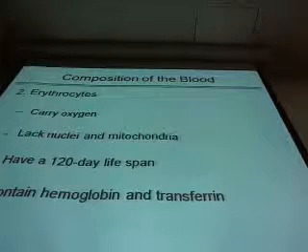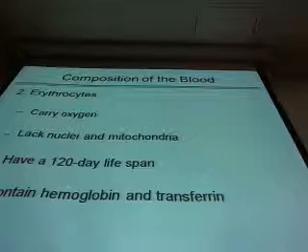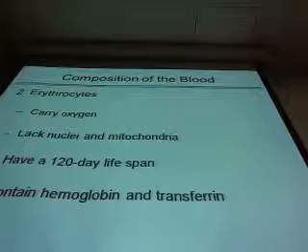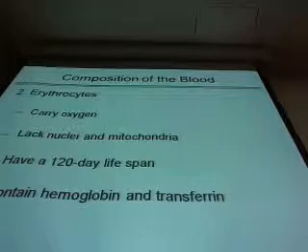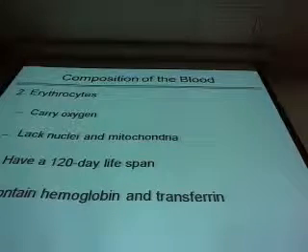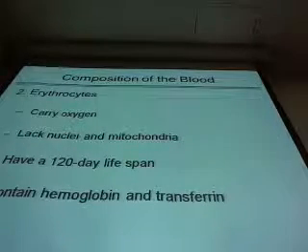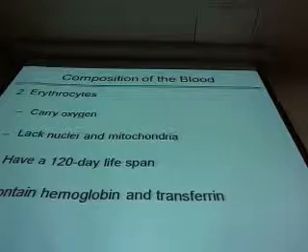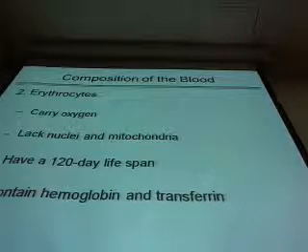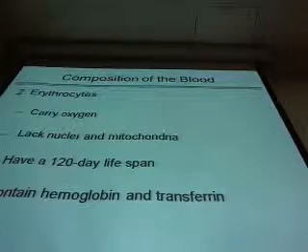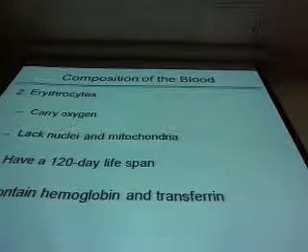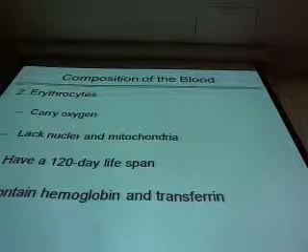So it lacks nuclei, it lacks mitochondria. They only have about a 120-day lifespan. They have hemoglobin, each molecule of hemoglobin can bind, I believe, 4 oxygen, and transferrin, and their job is to carry oxygen to the tissues. A red blood cell will be 6 to 10 microns, usually 7 to 8 microns in size, just big enough to fit through the capillaries. While they're in the capillaries, they release the oxygen and pick up carbon dioxide by